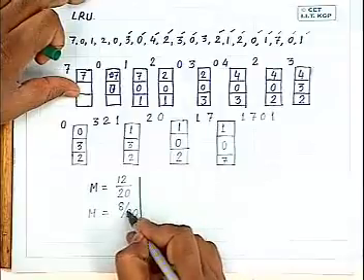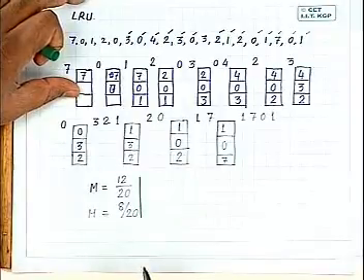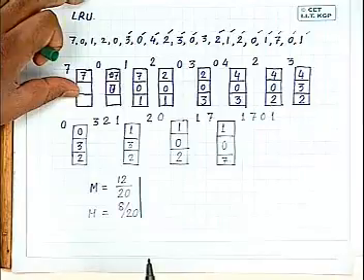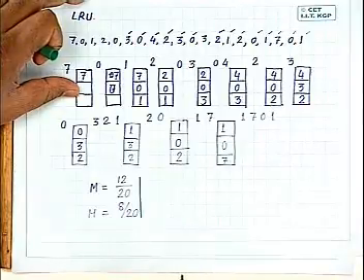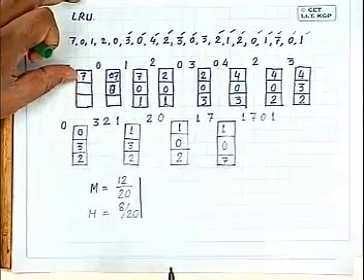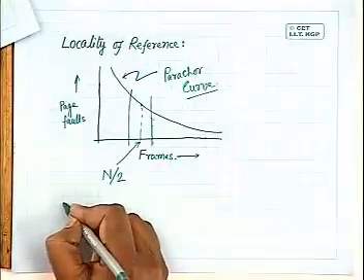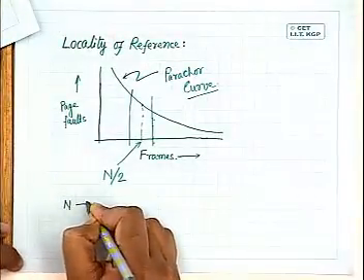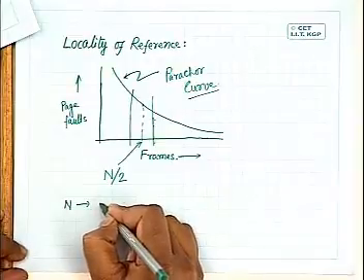Okay. So here we have found two quantities or two measures. One is the page hit ratio, one is the miss ratio. So how do we define hit ratio or how do we define miss ratio? If we have a total of, say, n number of page accesses during the lifetime of a process, so I have a total of n number of, say, memory accesses,